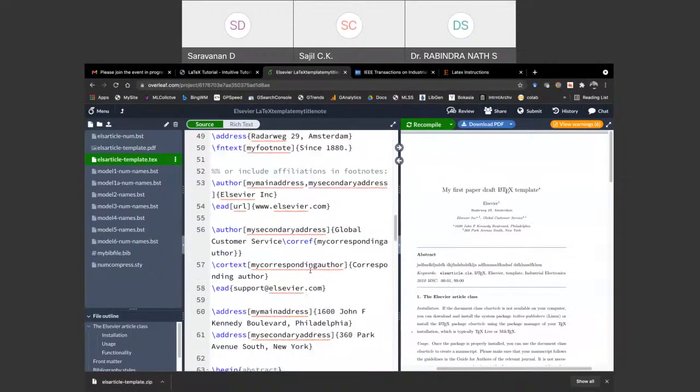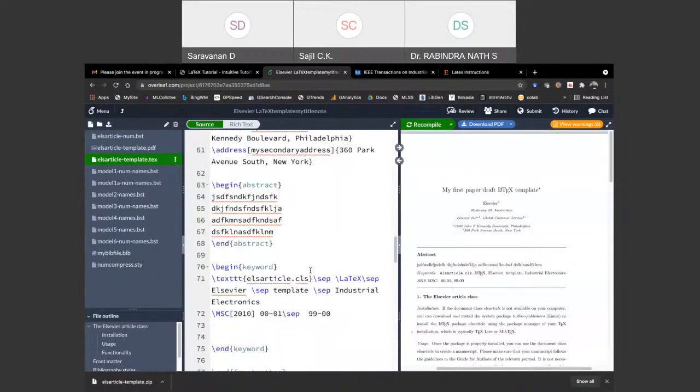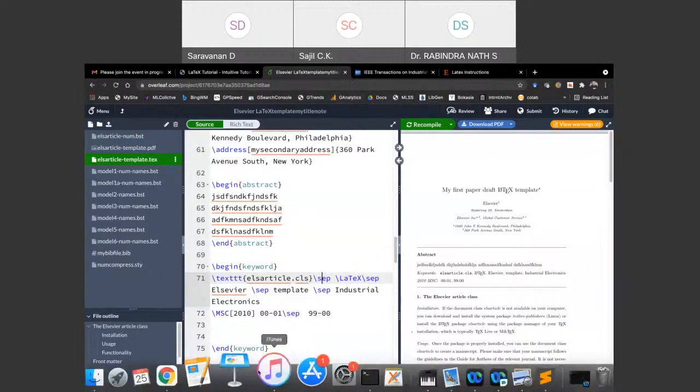All that information will be available in the documentation of the template, which you can use. Okay, so that is how you prepare research papers or journal papers using the template from the original journals.